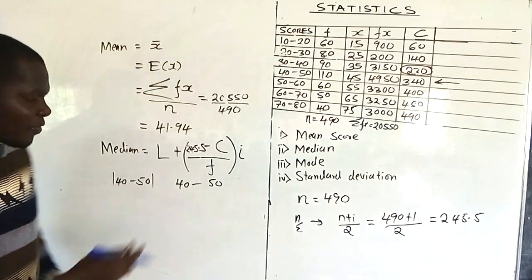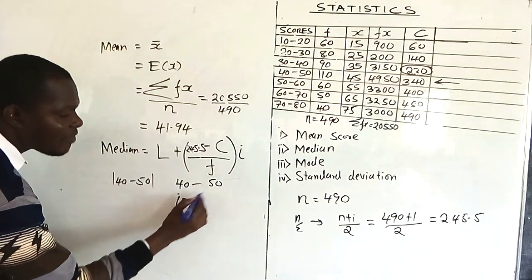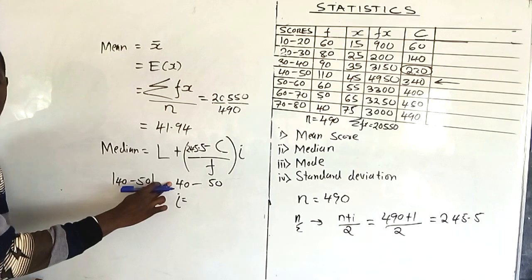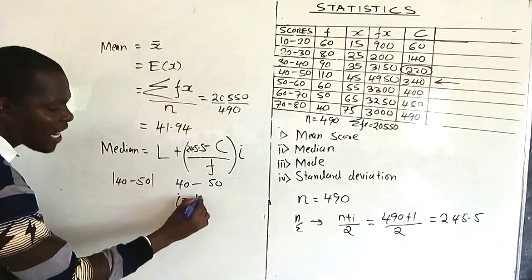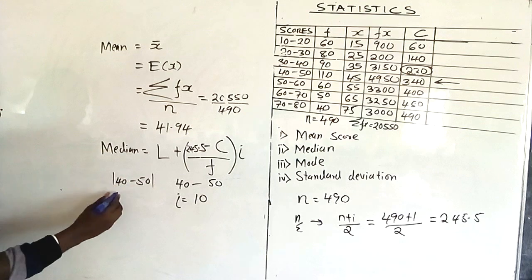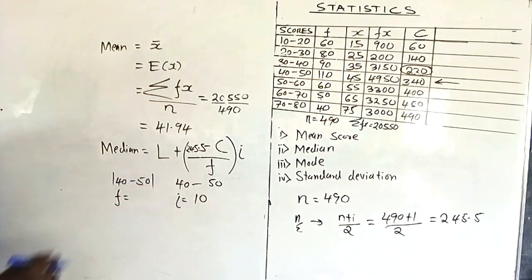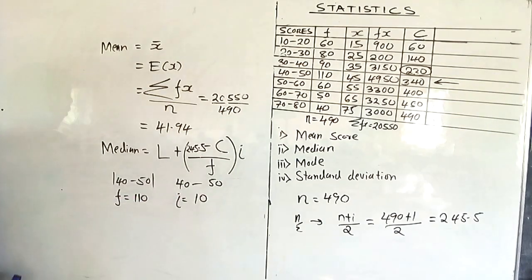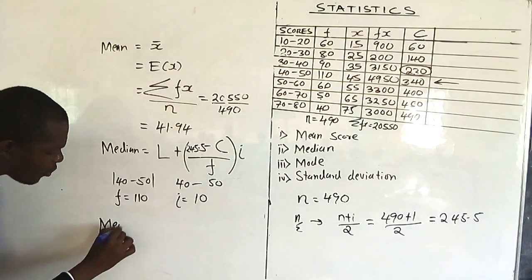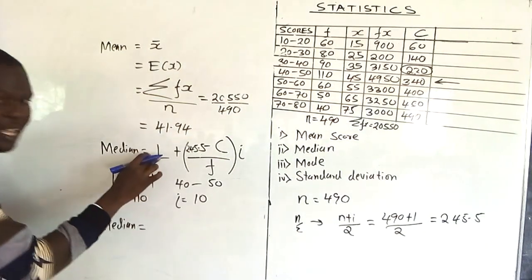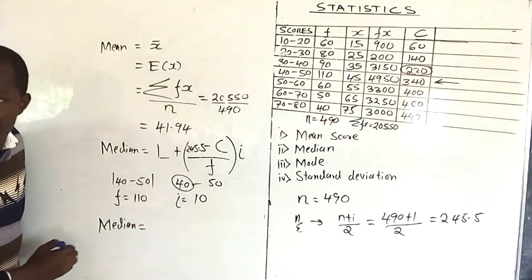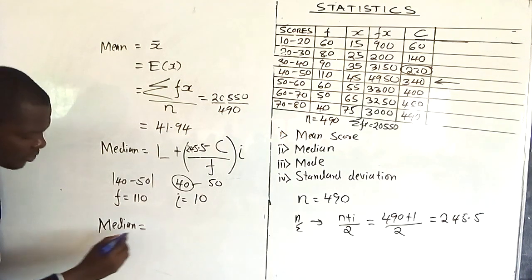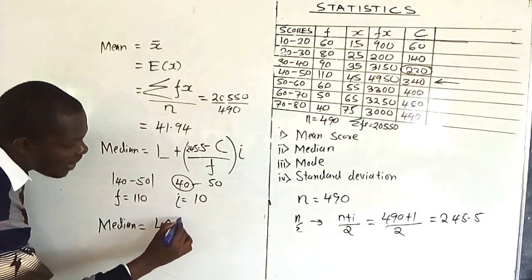Are we together? So from the class limits, you can now see the class interval I: upper class limit minus the lower class limit, 50 minus 40. You get I to be 10. Then from this class, 40 to 50, what was the frequency of that class? 110. Then now you substitute the values in the formula. So the median is going to be the lower class limit of the median class, which you've written here, 40, which you've represented there. Then it is plus